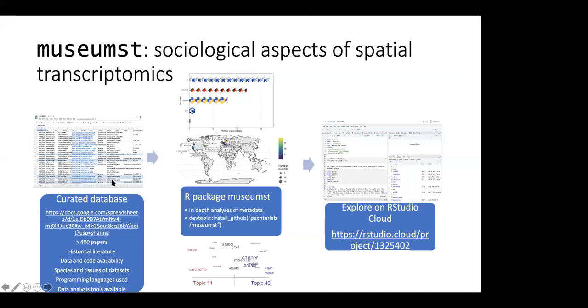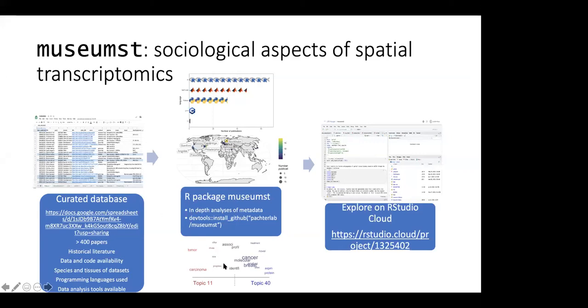With all this data, I did some analyses. All the code and the notebooks for the analysis are put into our package called Museum ST, and so far it's not on CRAN yet, and it's only available from our lab's GitHub. Examples of these analyses are the popularity of programming languages in this field, and where spatial transcriptomics research is